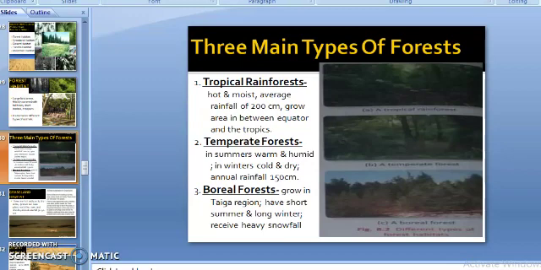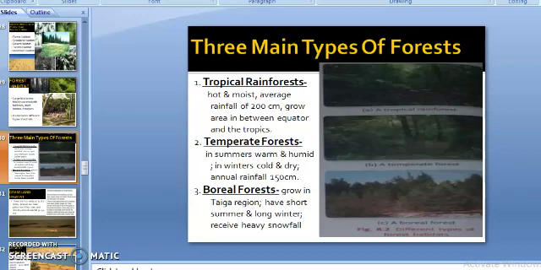As we have already discussed, forest is home for different types of animals. Some animals live underground in holes and tunnels. Some animals live on the forest floor. A large number of animals live on trees, which are called arboreal. So based on temperature, moisture, and types of trees, there are three main types. And right now we are discussing tropical rainforest. That is the first type.